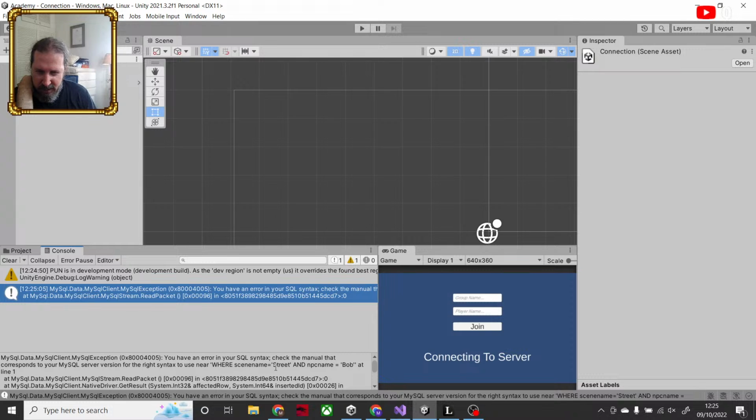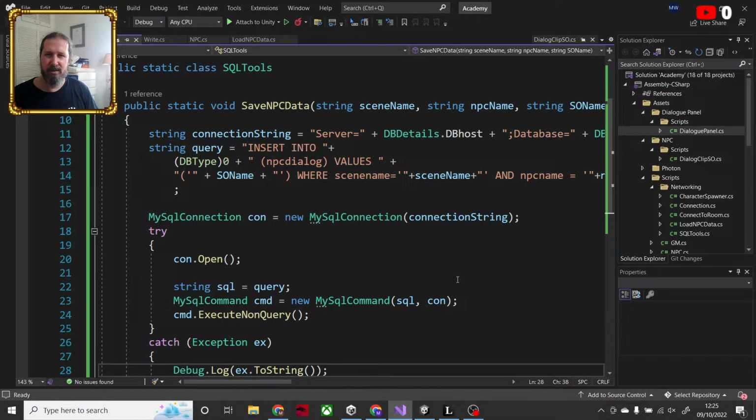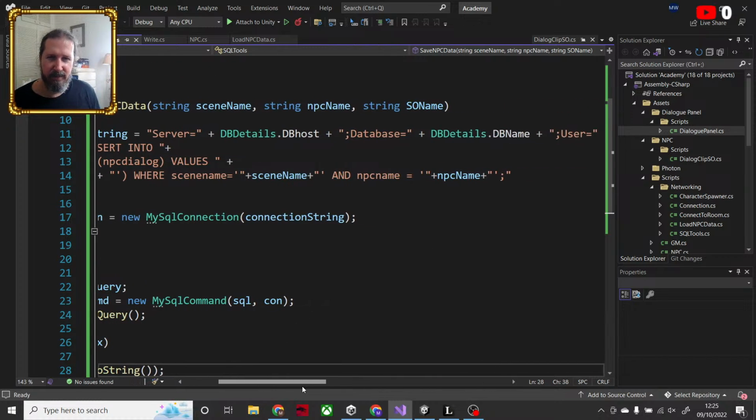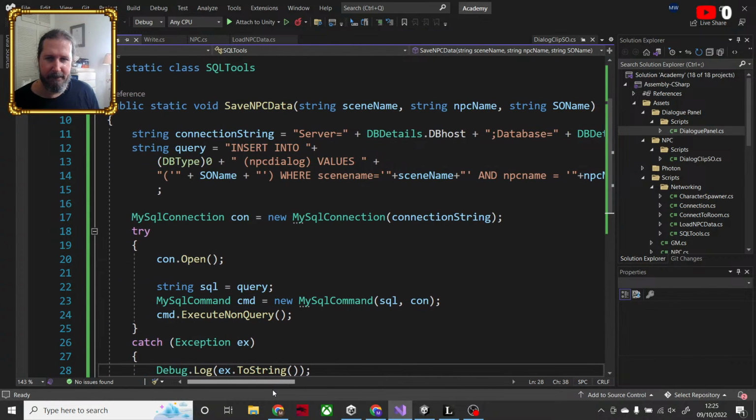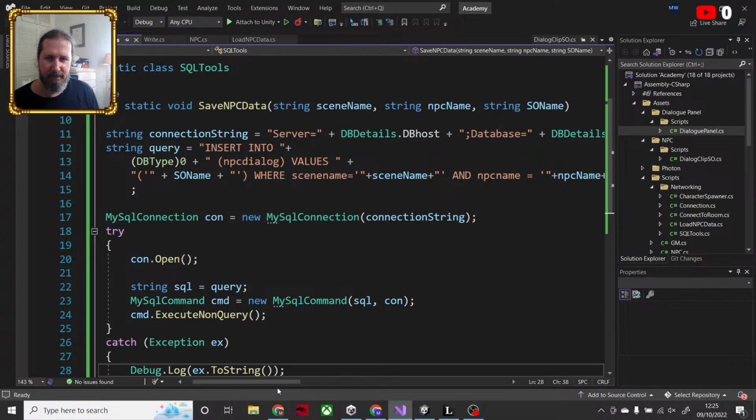Where scene name equals that, NPC name equals Bob. Telling me, well, I'll be darned. I haven't done MySQL in quite a few months.